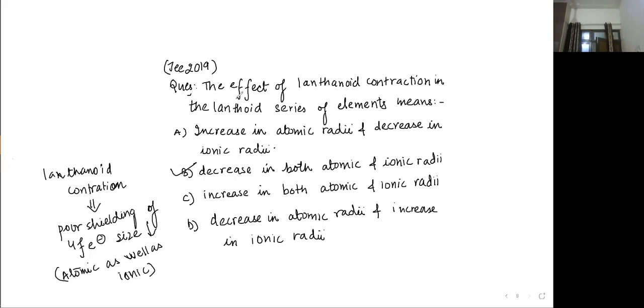Tell me one thing, will 3d, 4d and 5d elements, seen in D block, form anions? Anion is the property of non-metals, and the D block is all metals. So they will contain positive charge. So as positive charge increases, size will reduce.